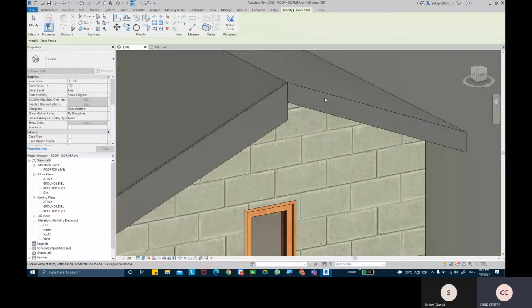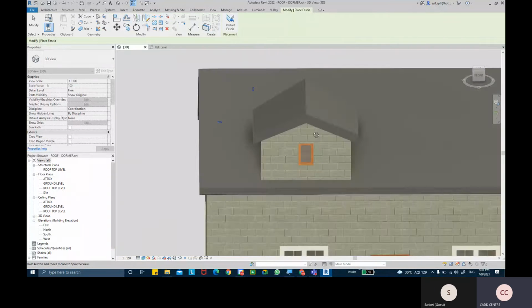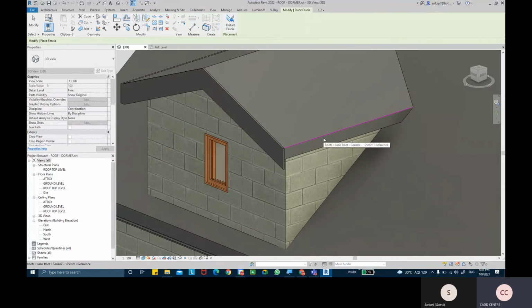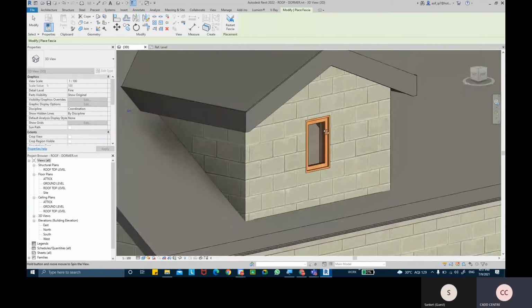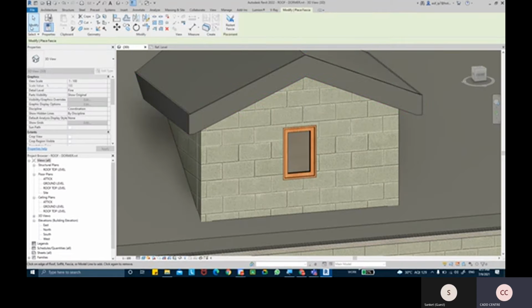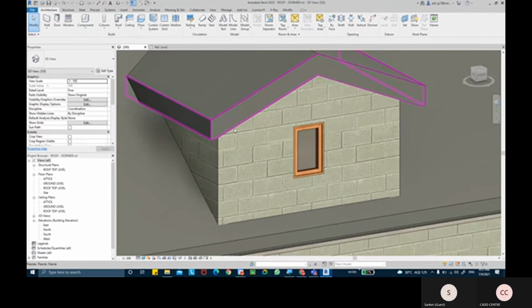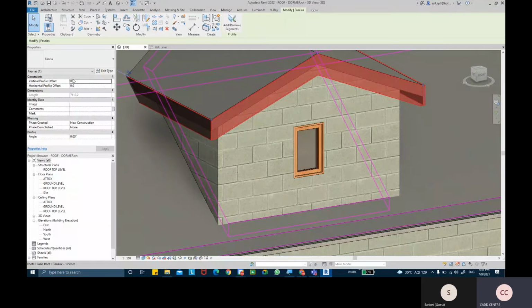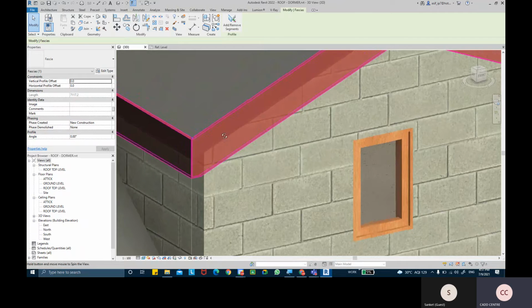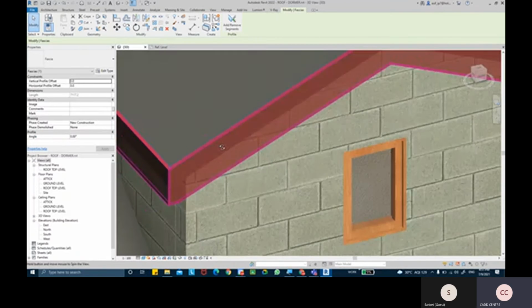Here we go. I can continue on this roofing, and I can even continue on this edge of this roofing. These fascias have been assigned to that roof basically. So I can select that fascia element, and then we have the same properties that we get in the gutters: vertical offset, horizontal offset, the construction image or the reference image, comments, mark, and everything exactly like the gutters. The only thing is that it comes like a face, so the profile shapes come as a face.